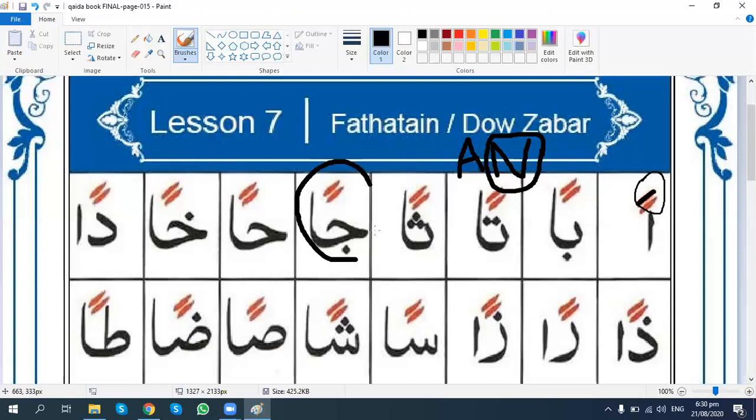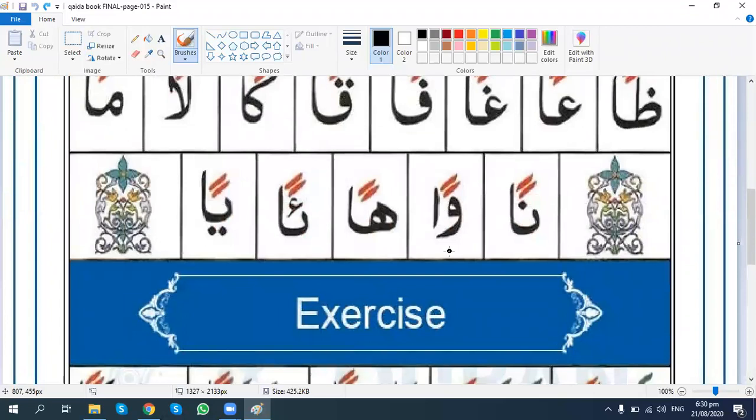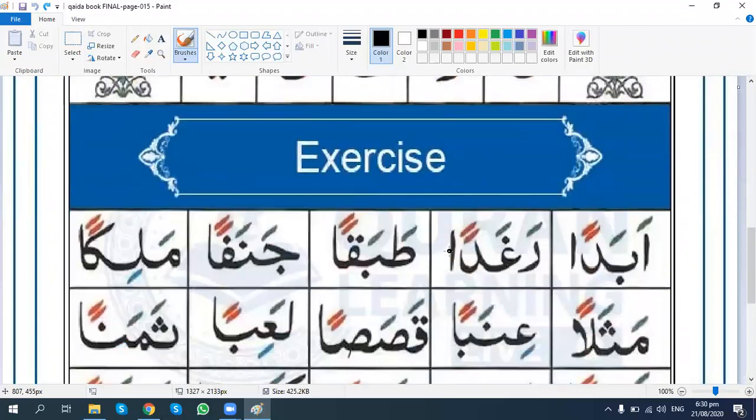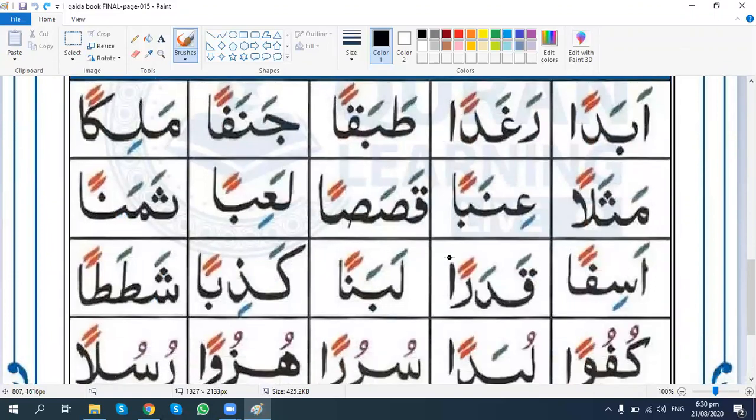If there is a jim and it has a double fatha, read ja, an, jan. Similarly, sa, an, san. And the same as before, you can start your exercise after you think your student has understood the double fatha. In the exercise your student will tell you each and everything,